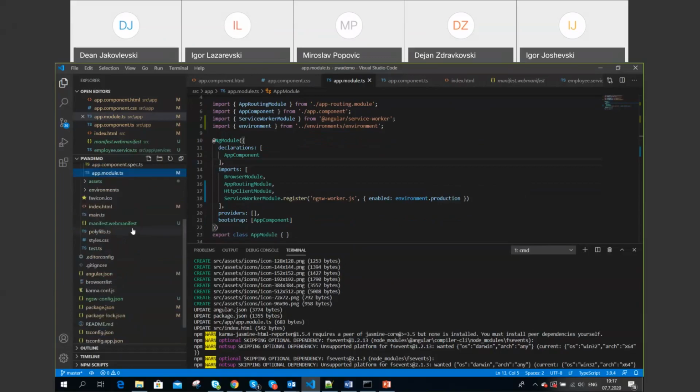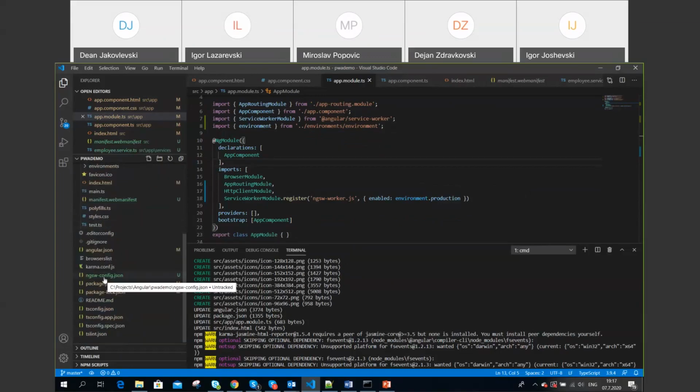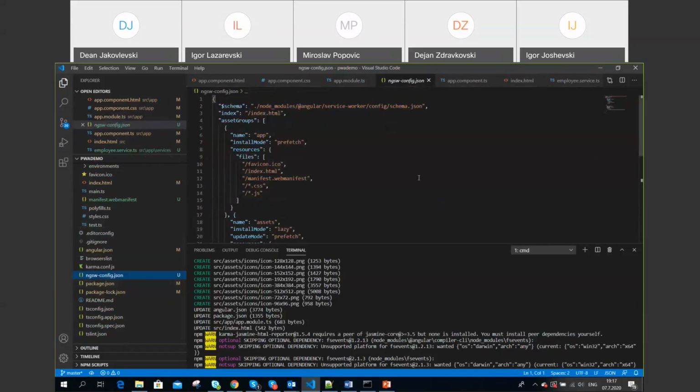What else here? We have a configuration file, ngsw-config.json. This is the configuration for our service worker. As we can see, the default configuration is asset groups. So here we can specify a caching strategy for the assets group, for icons, for other files from our application. Install mode determines how those files will be cached. So prefetch